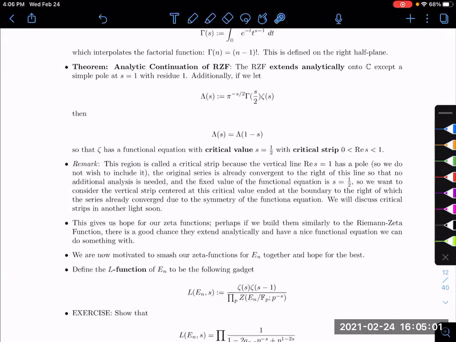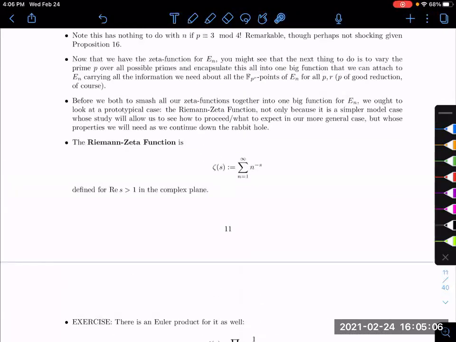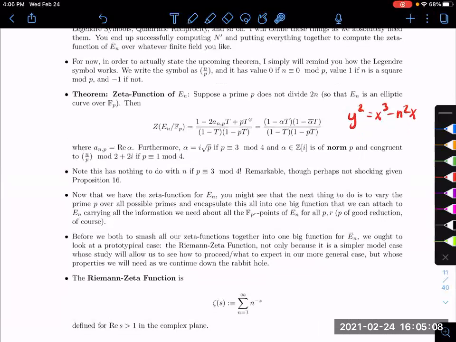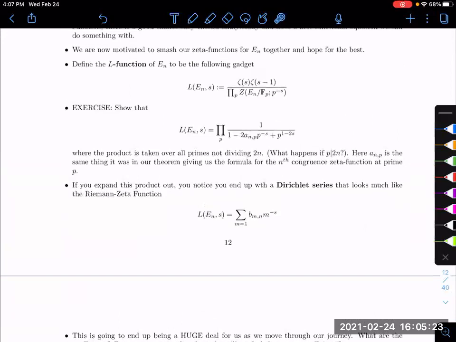If you go back to the zeta function, this is something I didn't emphasize as much last time as I wish I would have: what do you actually care about here? You don't really care about these two terms down here as much. The crucial information here is this a sub n,p. And so that's why in the definition of the L function, using the Euler product of the zeta function,